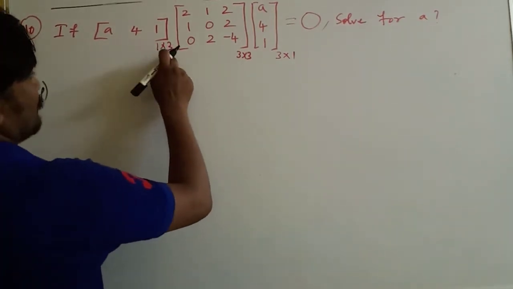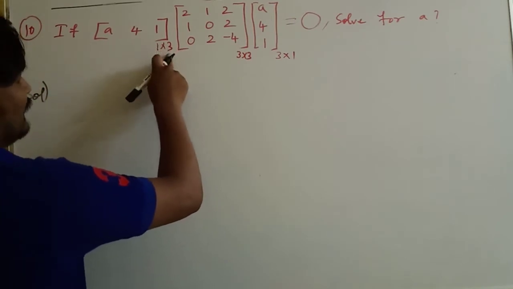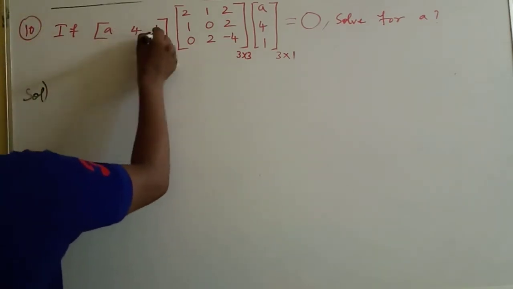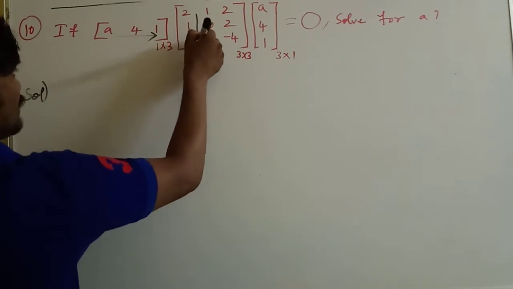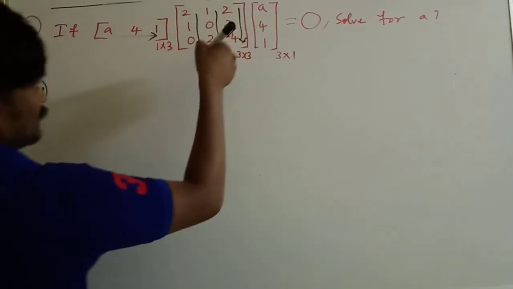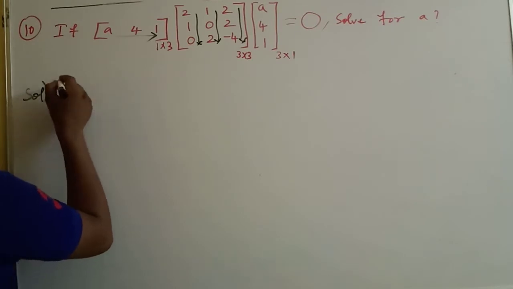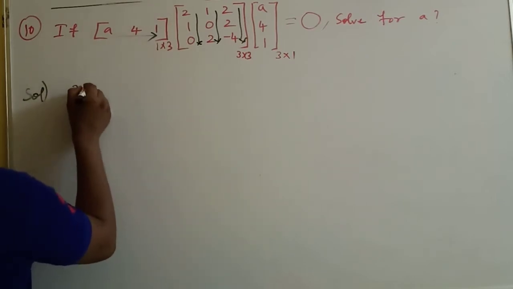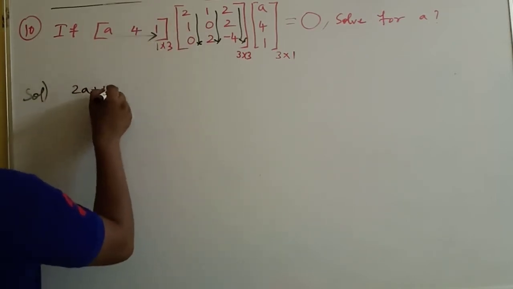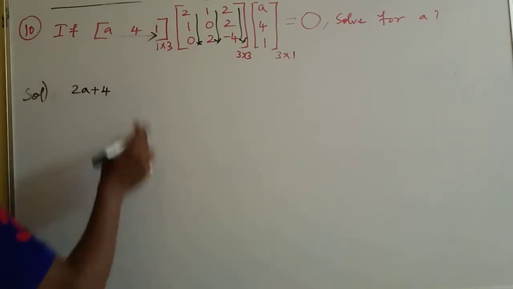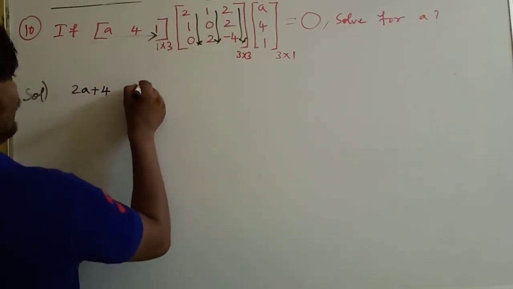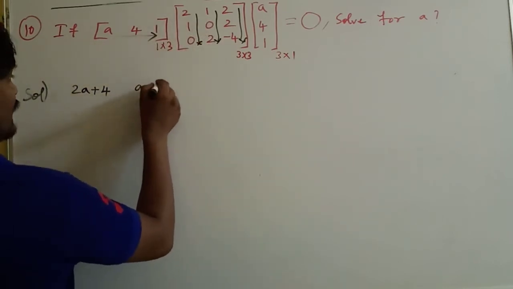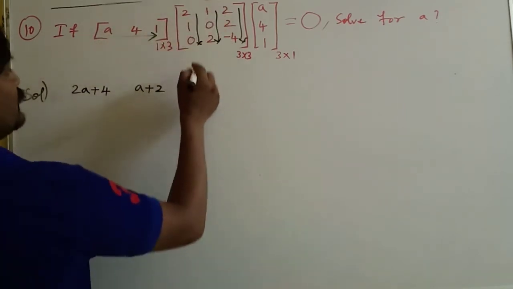So here check first that the number of columns of the first matrix is equal to the number of rows of the second matrix, so that we can multiply. So now first row multiplied with first column, then second column, then your third column, then it is possible to get your answer. So I'm writing directly here your solution. A into 2, 2A, 4 into 1, 4, 1 into 0, 0, so no need to take. A into 1, A, 4 into 0, 0, we don't want to take. 1 into 2, 2, that is plus 2. Next, A into 2, 2A,